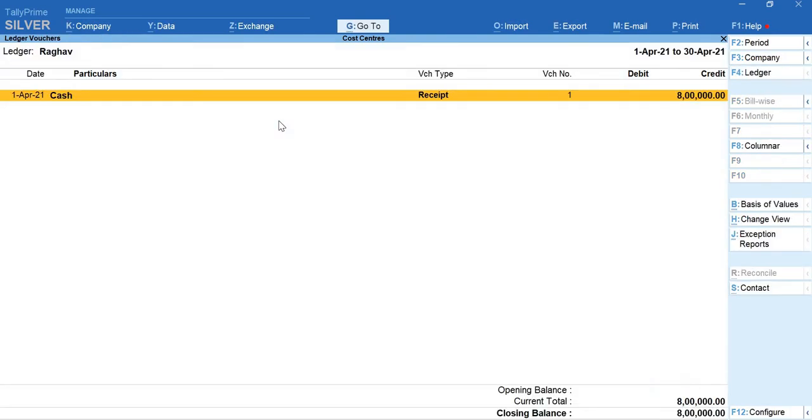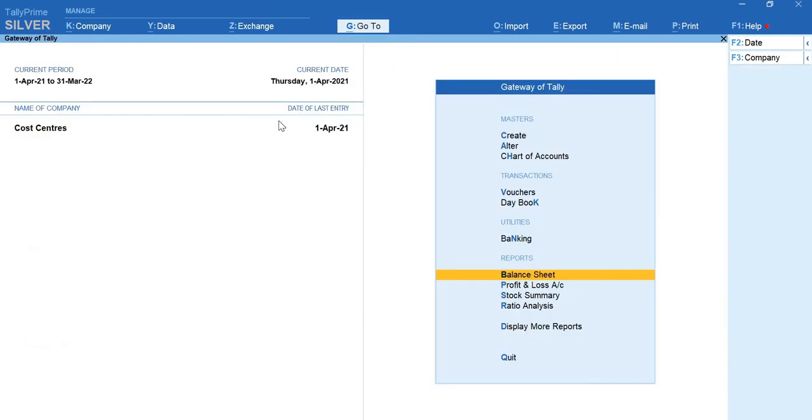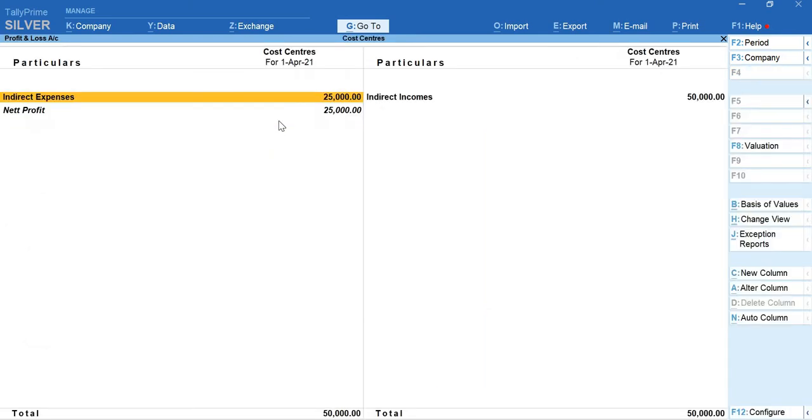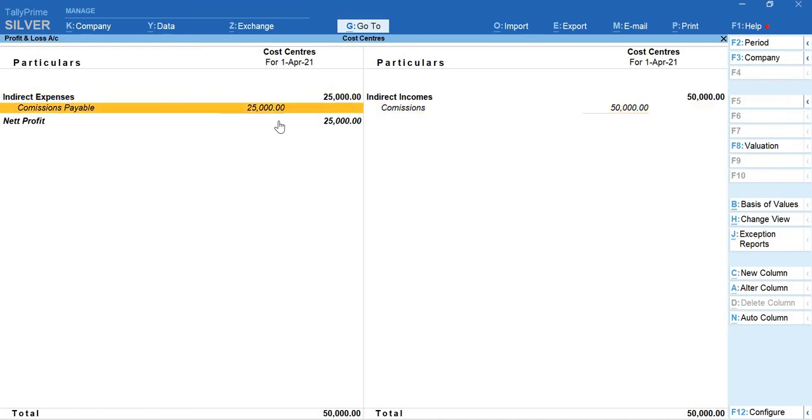Well, and next I'll view the profit and loss account. Alt F1 here also to have the detailed view. So this is the inflow of cash and this is the outflow of cash. That is the only two activities we did. So that is reflected in your P&L account. Except this, the assets and liabilities are reflected in your balance sheet.